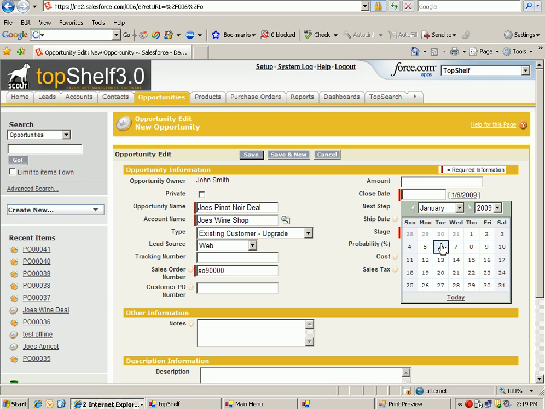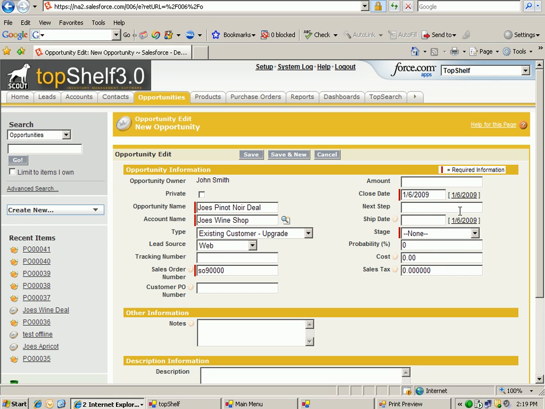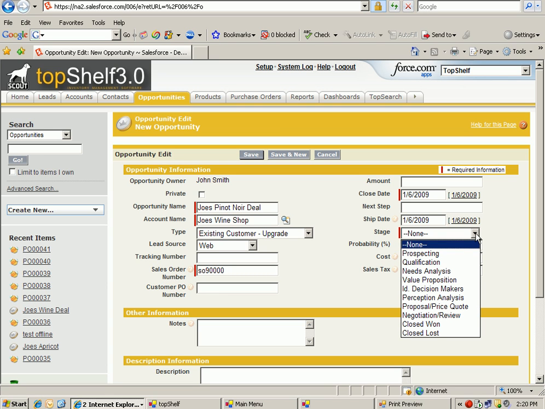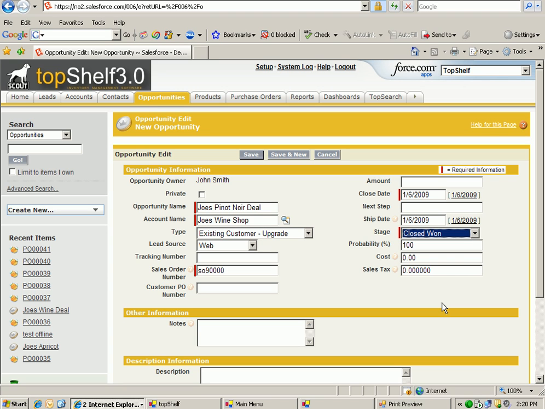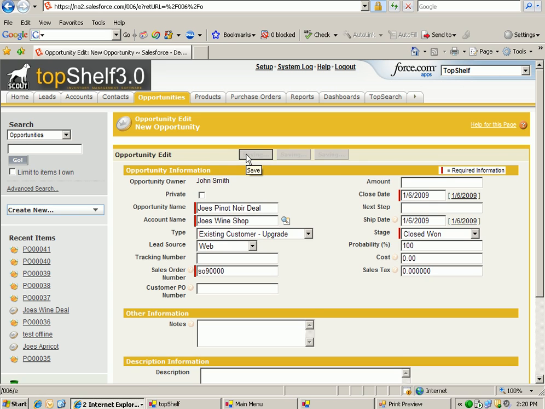And once we hit the close date of today's date and the ship date of today's date, and then change the stage from, let's say, a prospecting to closed won, it is going to release that product from allocated down into the warehouse to be shipped to that customer. So I'm going to go ahead and press the save button,